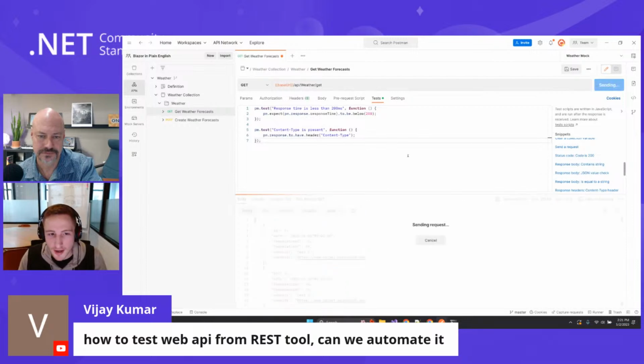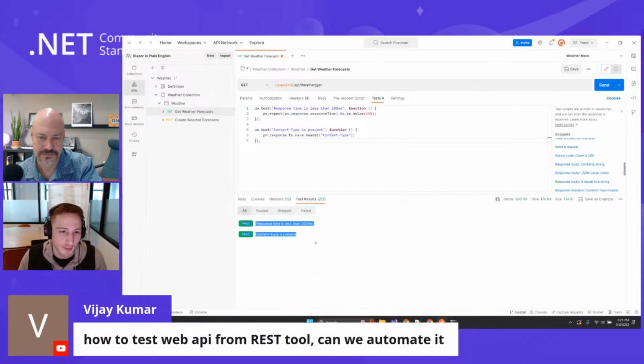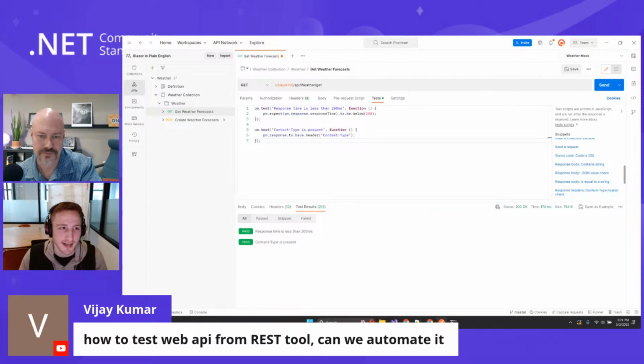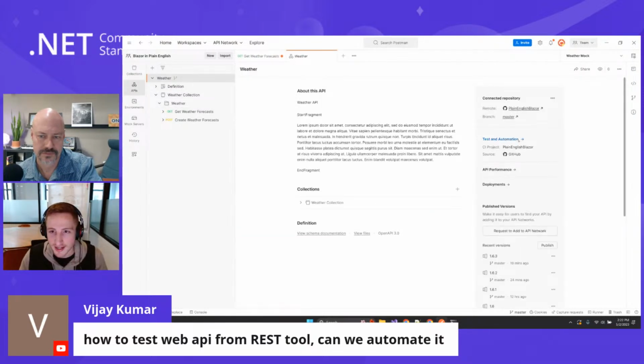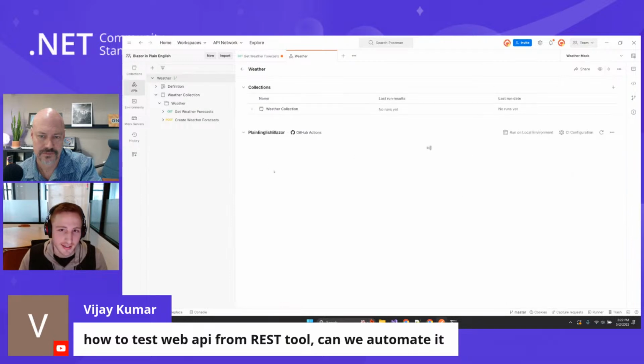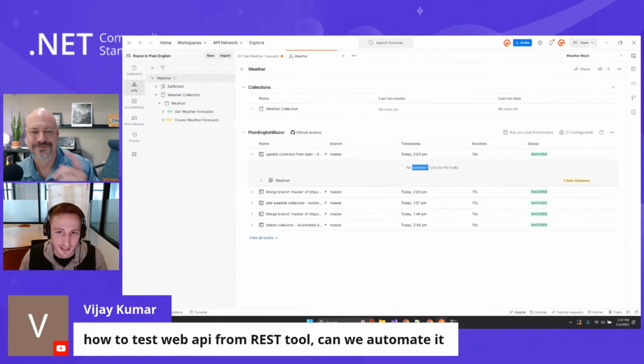But when I run this request, you see that now my tests run. So Postman makes it super easy to also run those tests via test and automation, right? You'll see that for right now, I don't actually have any collection runs for this build. But what I can do is run the collection as part of CI/CD, just like I run the